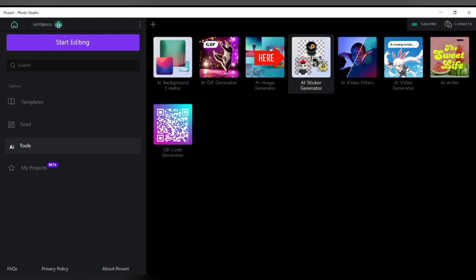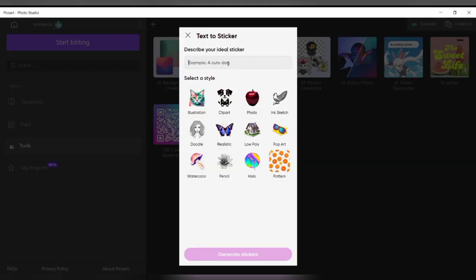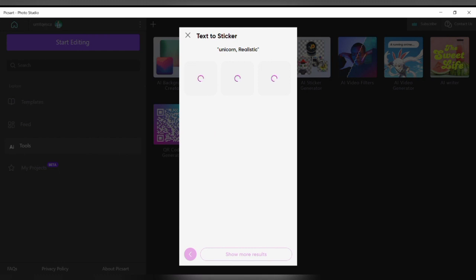Click on that sticker generator and a window will appear. In the window, describe the sticker you want to generate by typing in this box. Below, you can select the style for a sticker such as clip art, realistic or doodle. After selecting the style, click on generate at the bottom and wait for a while for the AI to generate